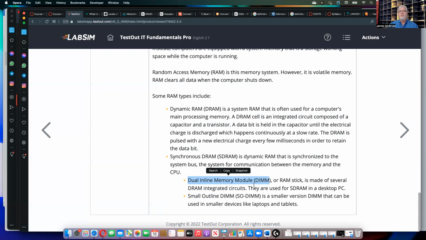We used to have SIMMs, which were single inline memory modules, which meant the memory was on only one side, and you don't have that anymore. And then small outline DIMMs, or SODIMMs, are used in laptops and tablets. So when we can make it bigger, it's cheaper. And that's why DIMMs for computers and upgrading your standard PC is usually cheaper than upgrading a notebook,